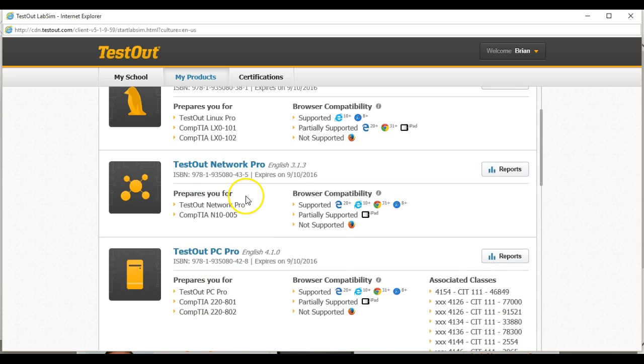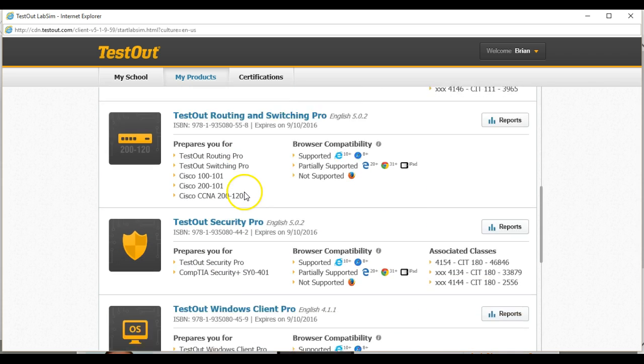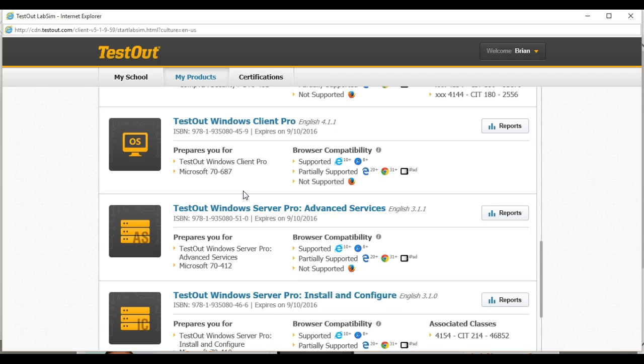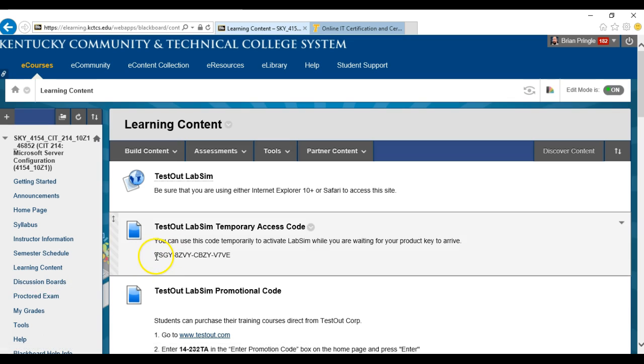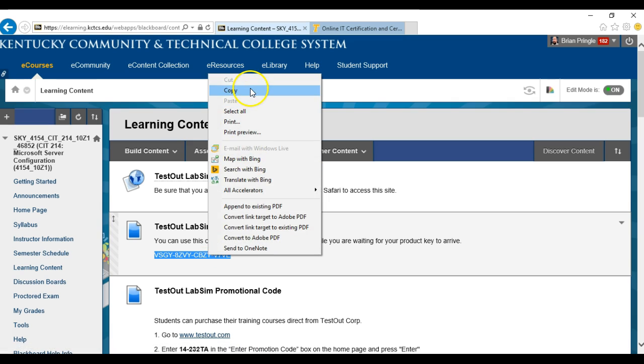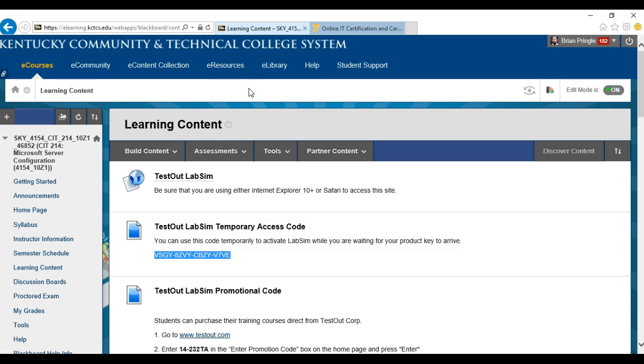So what you're looking for in your list is one that says Server Pro. And it's TestOut Windows Server Pro, Install and Configure. And then what you'll see is over here to the right, a little link that says Activation Required. So what you're going to do is copy this access code here, or use the one that you've already purchased, and then you're going to go back to LabSim,